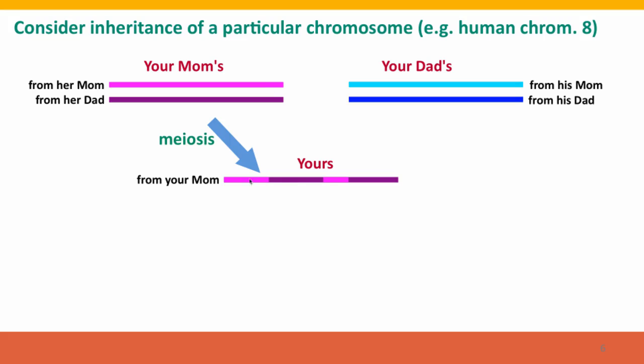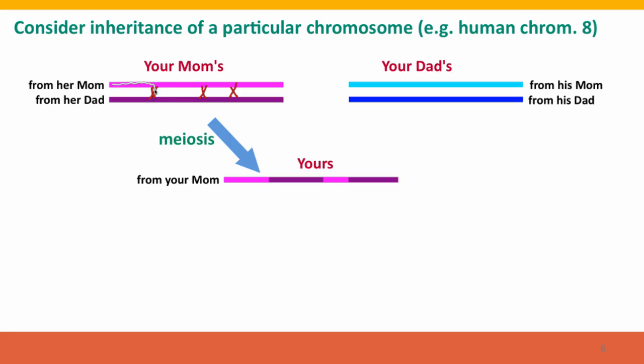It's a copy that's a new combination of segments from the two parents. What's happened, literally, is that there have been breaks and joins. Let's see if I can put them in the right places. There have been breaks and joins in the continuity of the chromosome,